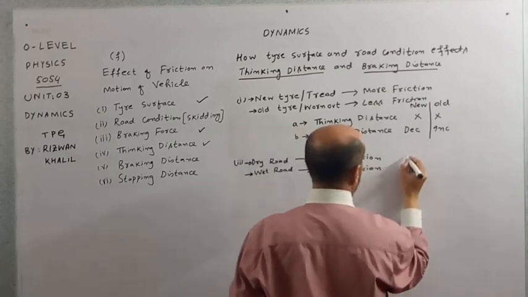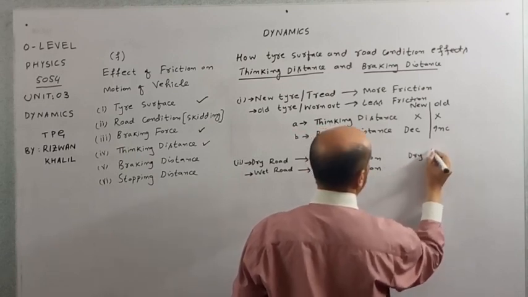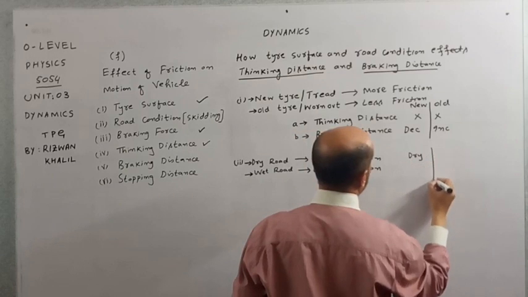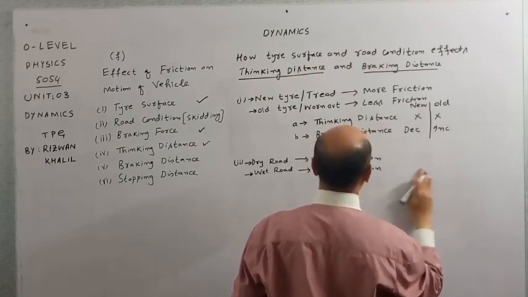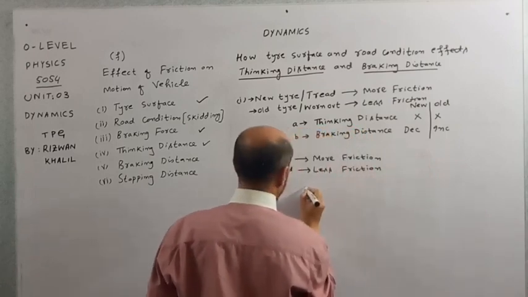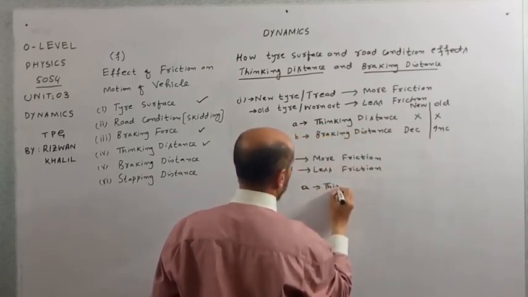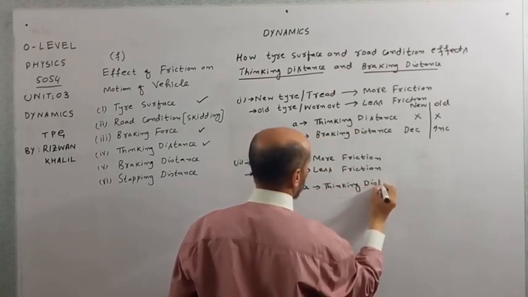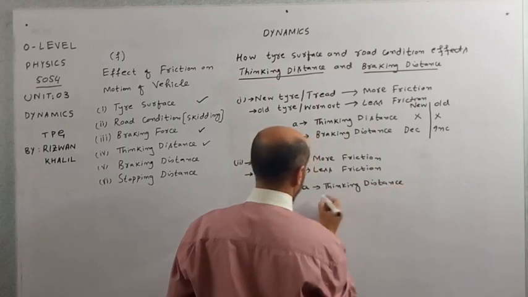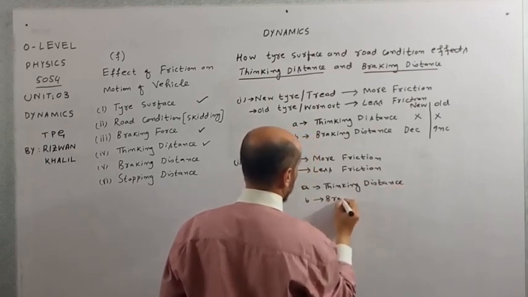Here I will write the columns: A, thinking distance, B, braking distance,